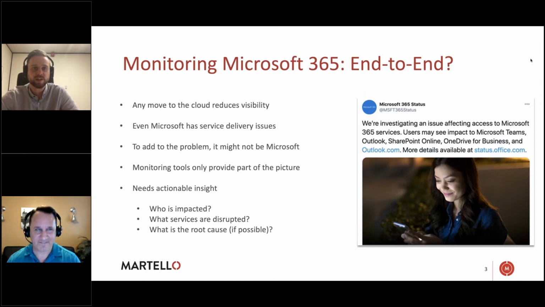What exactly is that user doing, and not just taking a look at Microsoft's service health status that says, oh, there's a bunch of problems with a few services, but we don't really know what that impact is. Can people send emails? Can they hold meetings? So being able to, and we'll get into this in the screenshots here, is looking at this from a synthetic perspective, right? Making sure that you have a monitoring strategy in place that accurately and adequately mimics what your users